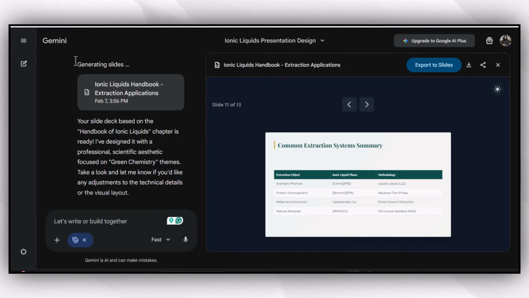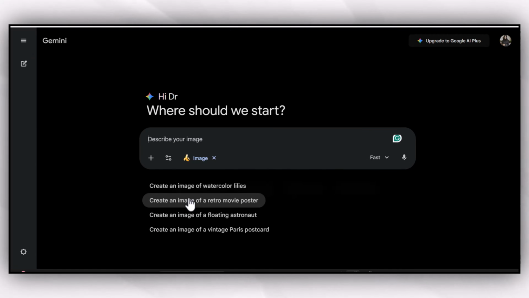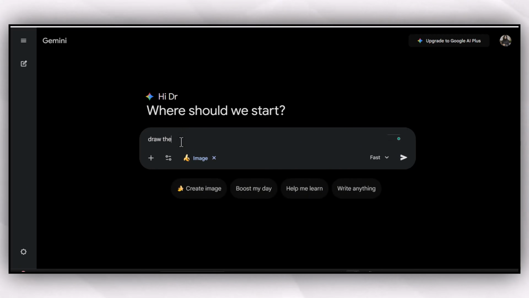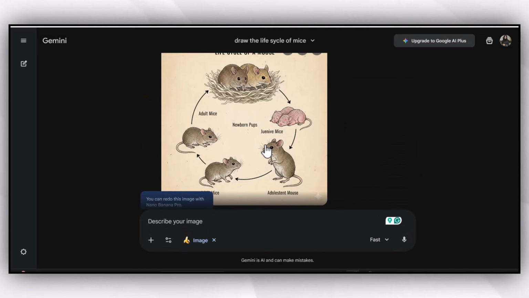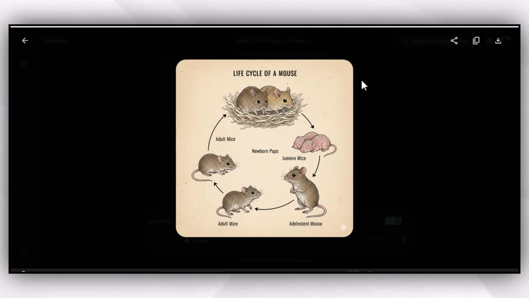There is another very important feature of Gemini AI, and that is its Nano Banana feature, which allows you to create image of any kind of a research image, which you can use. For example, I ask it, draw the life cycle of mice. And here you can see a very comprehensive, very good quality image, which you can download, has been generated in